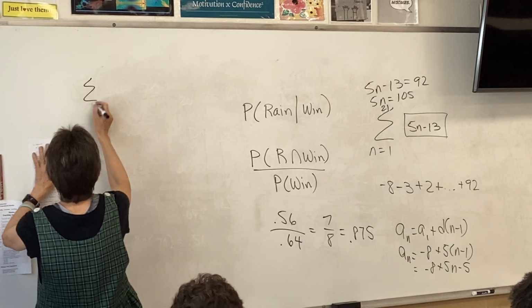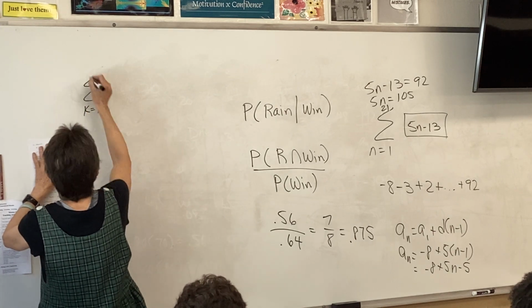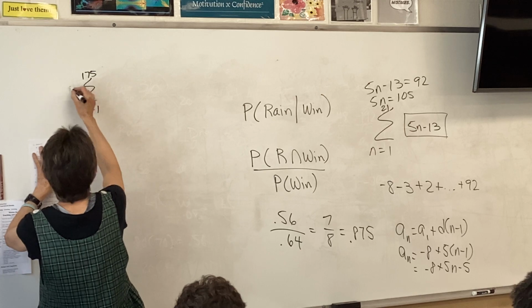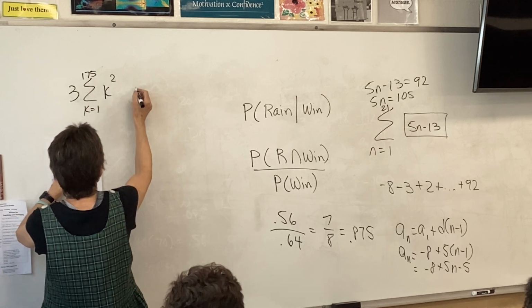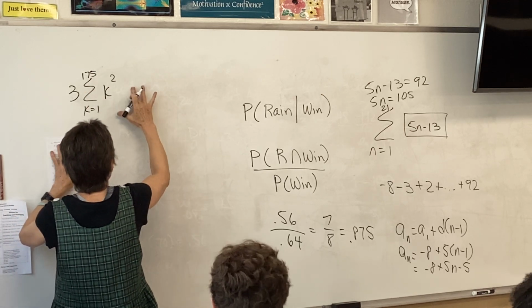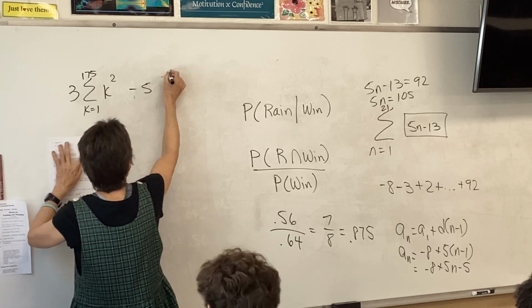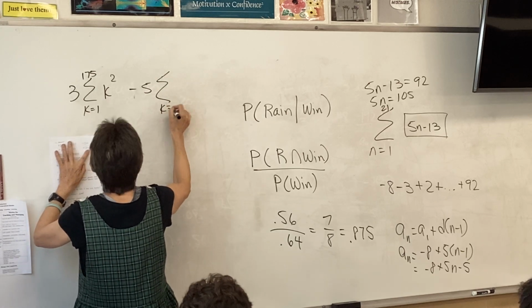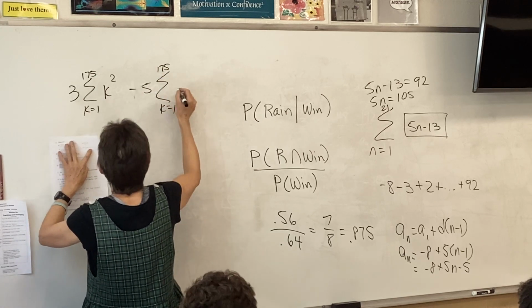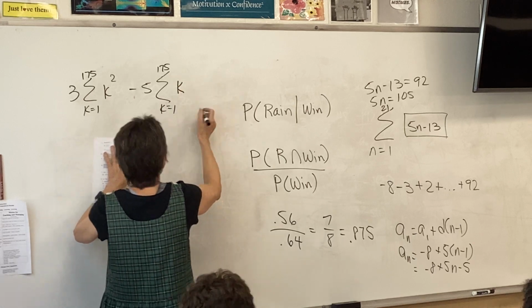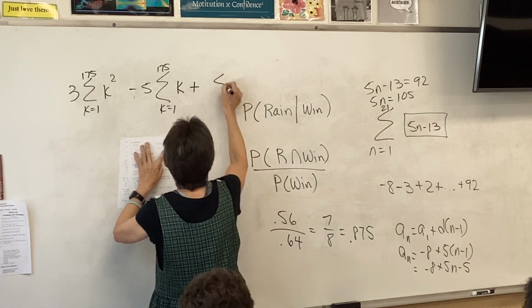We're going from 1 to 175, and my first one is 3k squared. Then I'm going to have minus 5, sum from 1 to 175 of k, and then plus